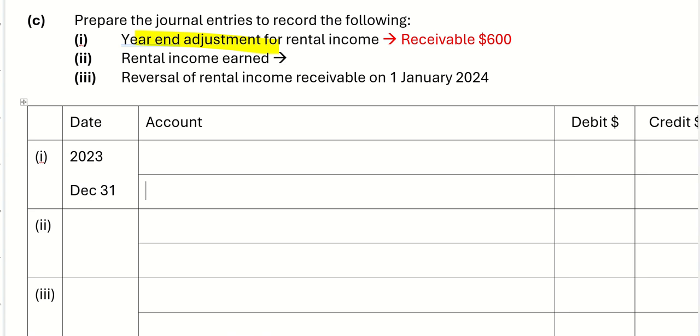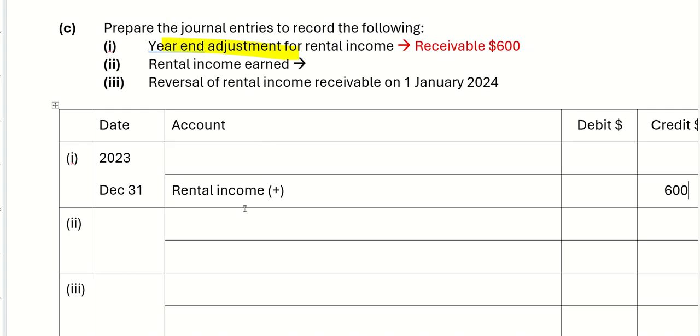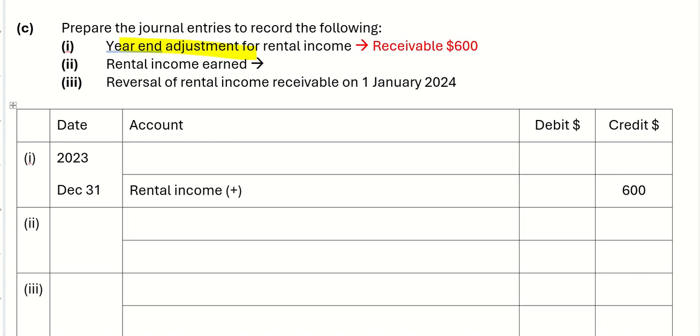So what you are going to do is you are going to record rental income. This one you do already? Yeah, you do already, so you're just checking answer. Rental income plus. So rental income plus will be $600 credit. And then what will you debit? Yes, you will debit rental income receivable. You need to plus an asset of $600. So far so good, correct? Good. Next,